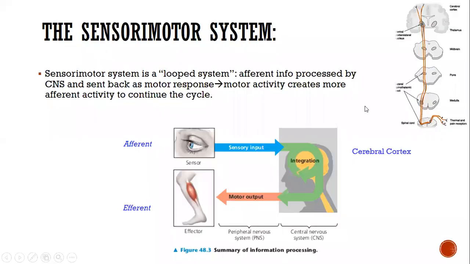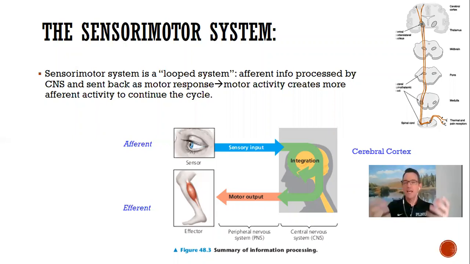Okay, I'm going to take you back into probably a motor learning and motor control class that you had in undergrad, but I think it's important as a foundation. So the human brain operates through the sensory motor system. Sensory motor, sensory being afferent, motor being efferent, right? So the entire system is a looped system whereby the brain takes in information. I feel like I need to see you guys for this. Whereby the brain takes in information through somatosensations, so proprioceptors, mechanoreceptors on the skin, in the inner ear, in the